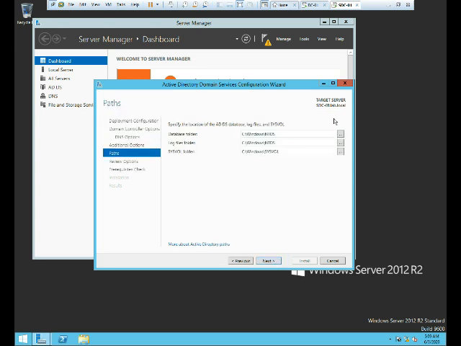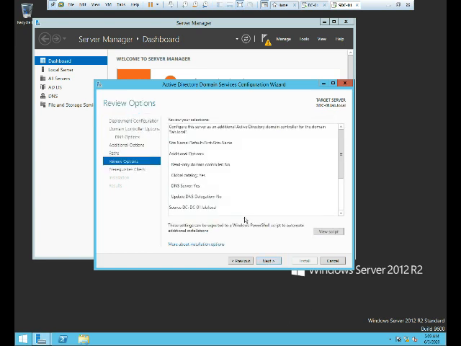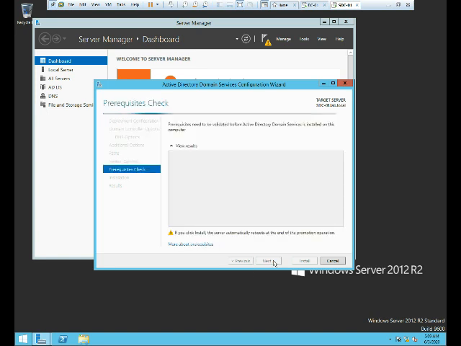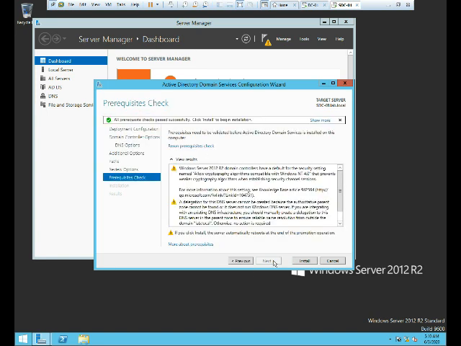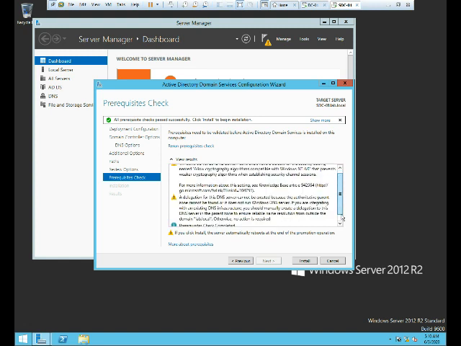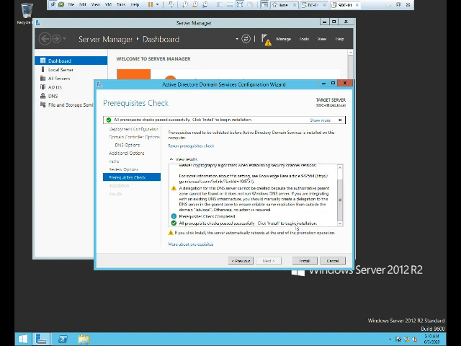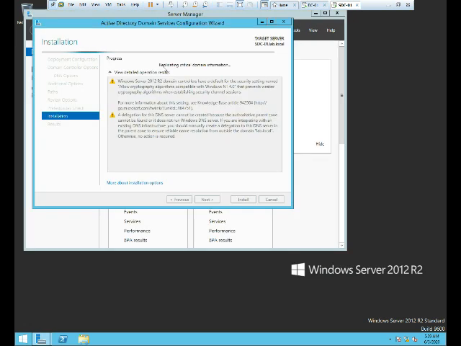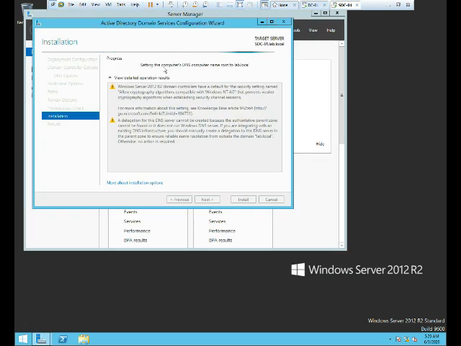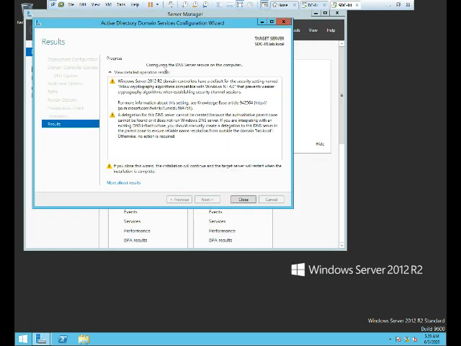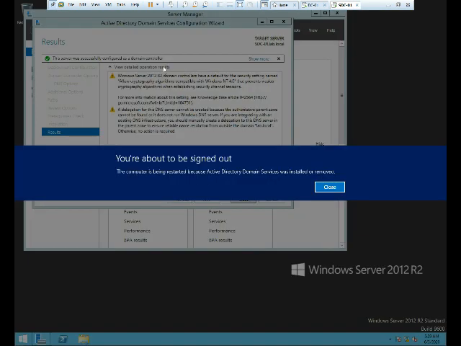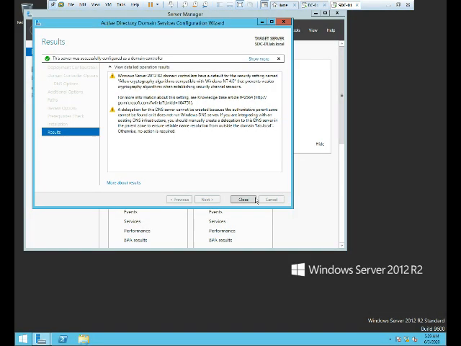Again the same, if you want to change anything you can change it from here. Click next. This is a summary. Click next. It looks good, and again we can see all checks completed successfully. Just click on install. All the data is replicating now. Whatever data is available in the primary domain controller will get replicated to our second domain controller. Since the installation has been completed, the server will reboot. Close.